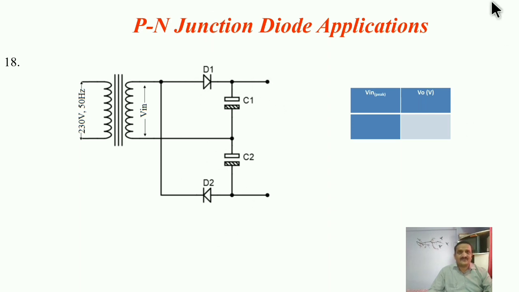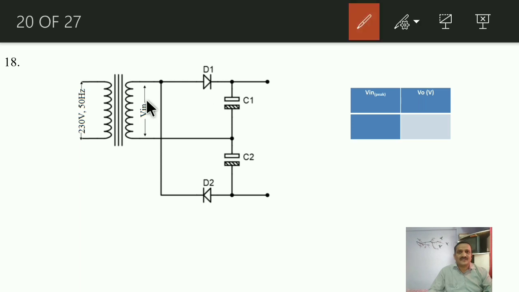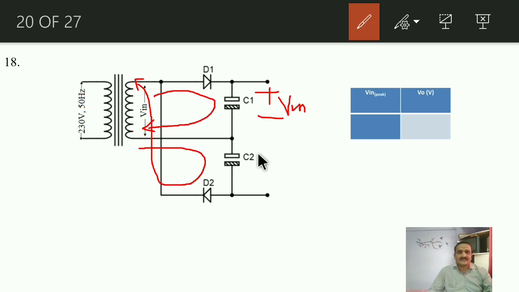And now this one is known as a full wave doubler because during the first positive half, D1 will conduct and capacitor C1 will get charged up with the polarity like this and with the amplitude of Vm, that is input, right? During the negative half, diode D2 will conduct because this terminal will become positive. Diode D2 will conduct like this, and the second capacitor again will get charged with the polarity like this, due to the direction of flow of current through it, and with the amplitude of Vm. We are measuring the voltage across these two terminals, and how much will it be? It will be Vm plus Vm, that is twice of Vm. So during each half we are getting the output, and that's why it is known as a full wave doubler.